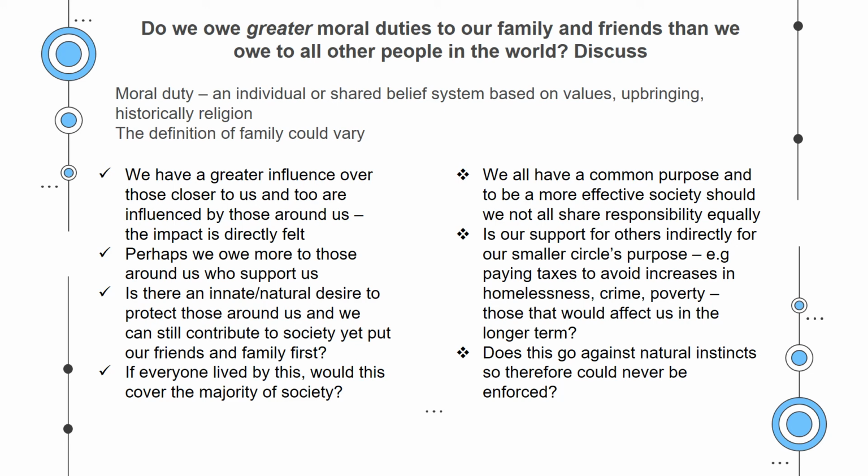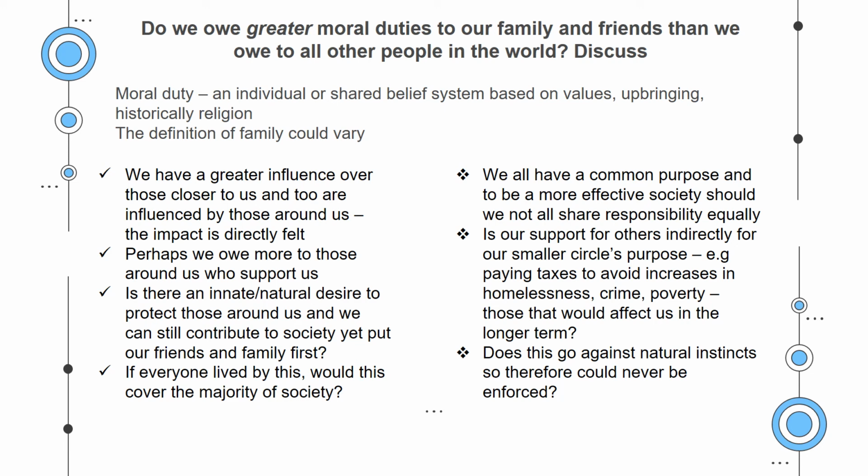Through the support. But is there an innate natural desire to protect those around us? We can still contribute to society, yet put our friends and family first. And if everybody lived by this, would we cover the majority of society? However, you could argue we all have a common purpose, and to be an effective society, should we not all